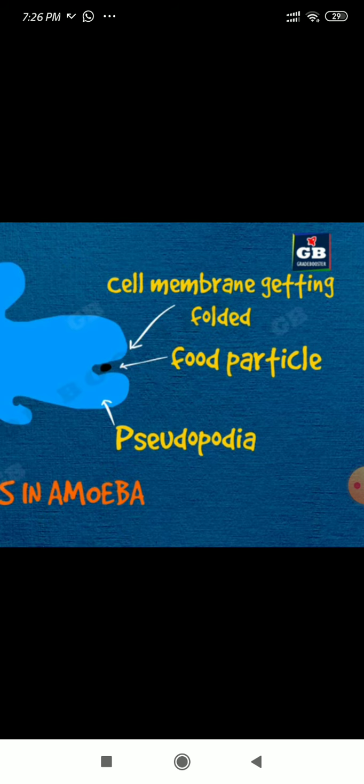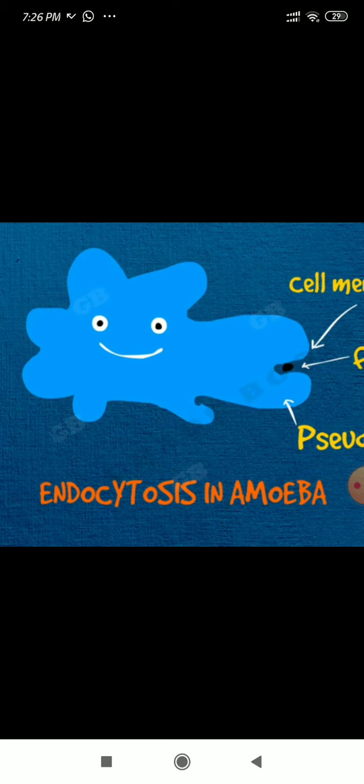Okay, it will be surrounded with the help of the pseudopodia. After surrounding it, finally it will be engulfed. Engulf means taking inside its body. Like that, every cell, our cell, engulfs whatever components it needs inside its body. We call it endocytosis. Endocytosis is also done by the plasma membrane. Endo means inside, cytosis means cell, that is, cell eating. Generally we can call endocytosis cell eating.